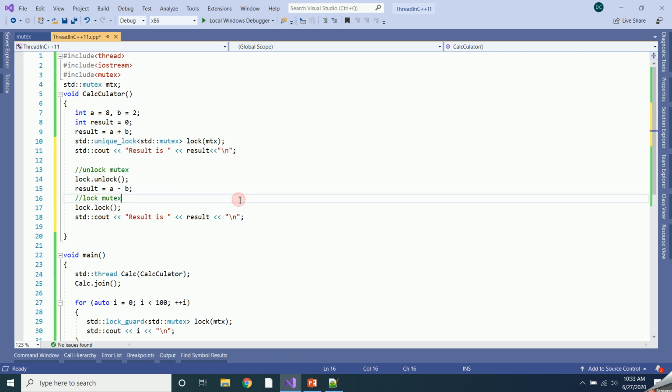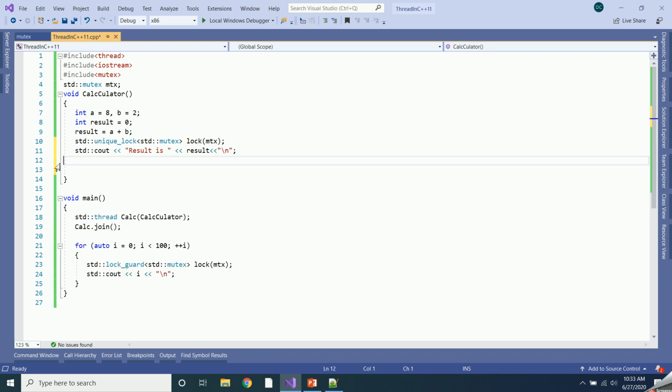Now we'll see another use case. Suppose you want to lock the mutex for a particular amount of time. For that we'll use a mutex called timed mutex, and here also you have to pass the mutex as timed mutex, and here you can pass the duration for which it should hold the lock.